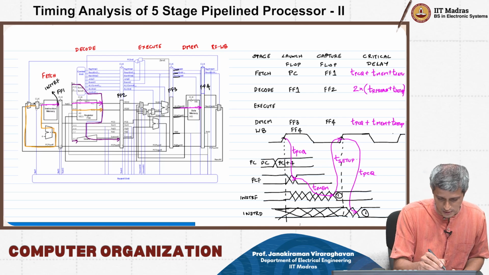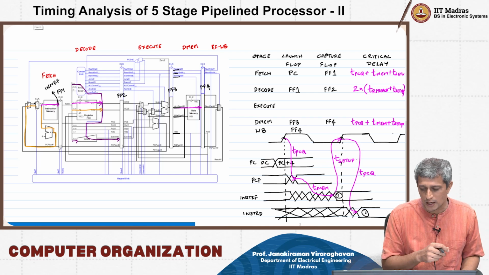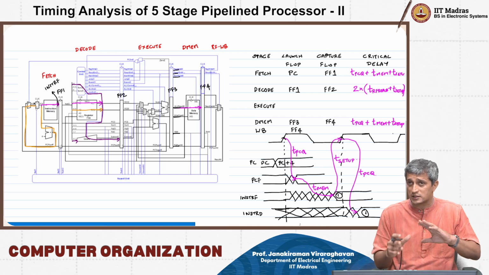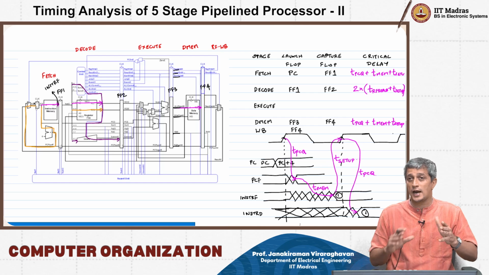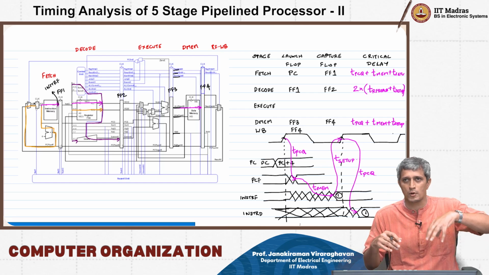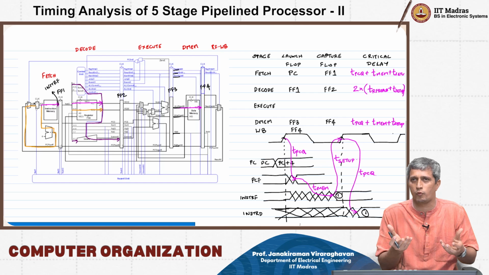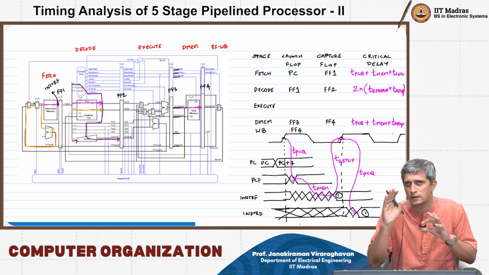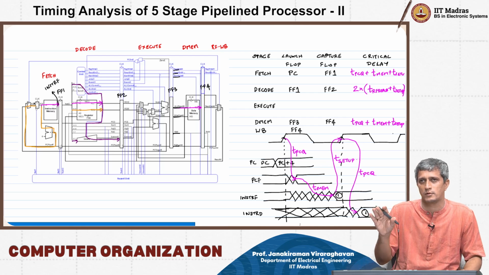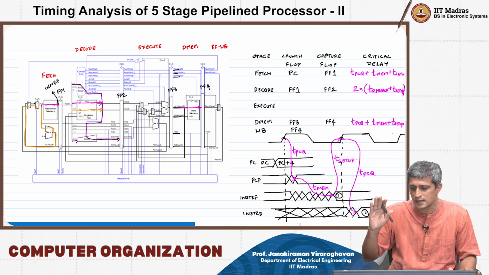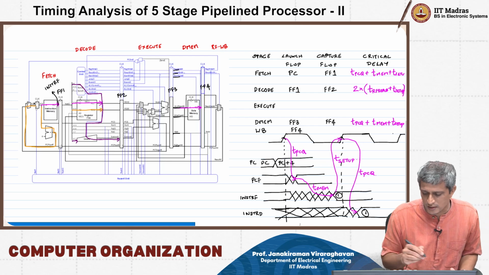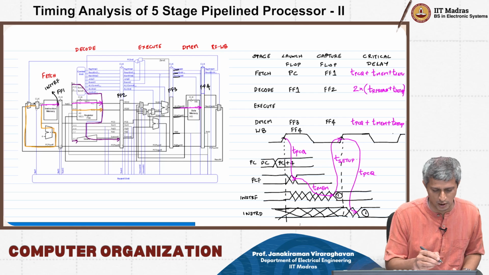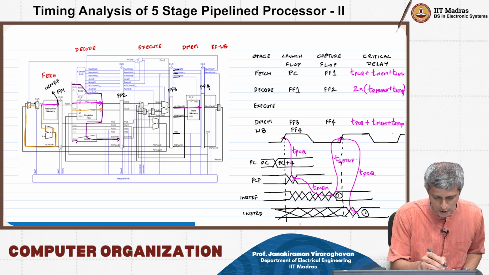If you look at this, there are multiple paths that are possible here, okay? And technically, remember, just like in the fetch stage, we had 2 capture flops. One was the program counter itself, the other was FF1. Now, one of these 2 will end up being the critical flip-flop that's going to capture, and therefore we will consider that as a critical path. But the fact is, there are many different delays that are involved here, right? So therefore, if you look at this,